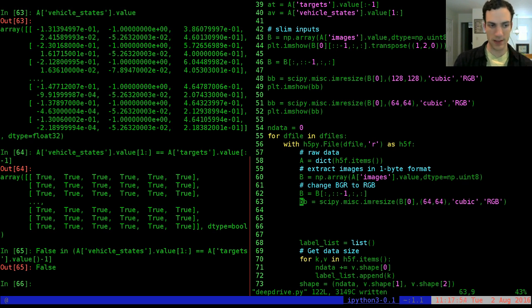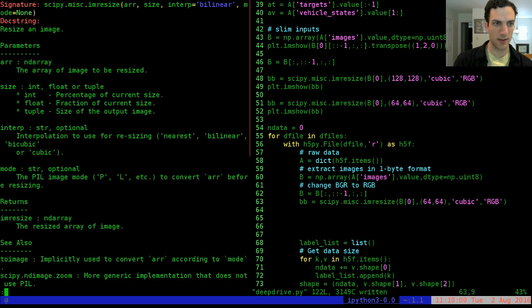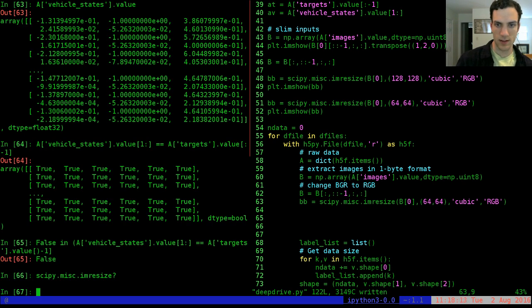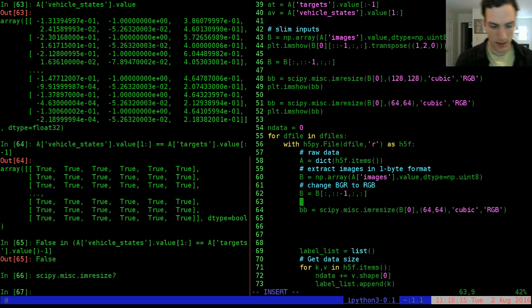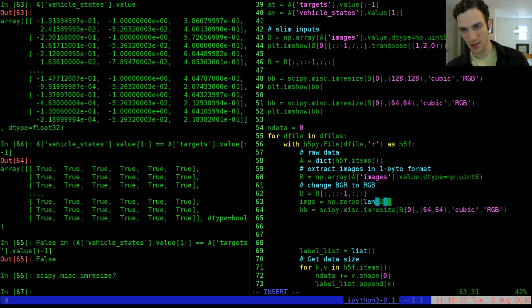Is there a fast way to resize, or to resize all of them? Array, the image to be resized, in float tuple, interpolation. I don't think so. That's a bummer. I guess I could say images equals numpy.array, numpy.zeros, and it's however many things I got, so the first dimension of B and the data type equals,